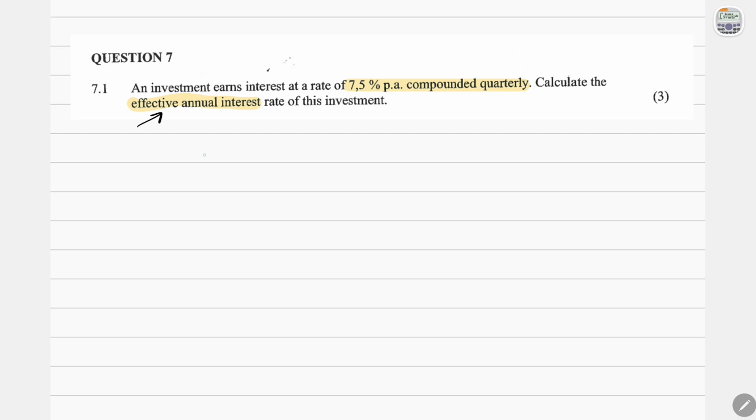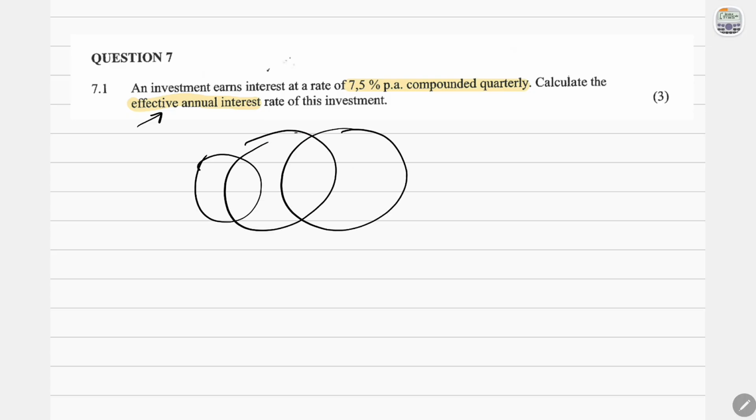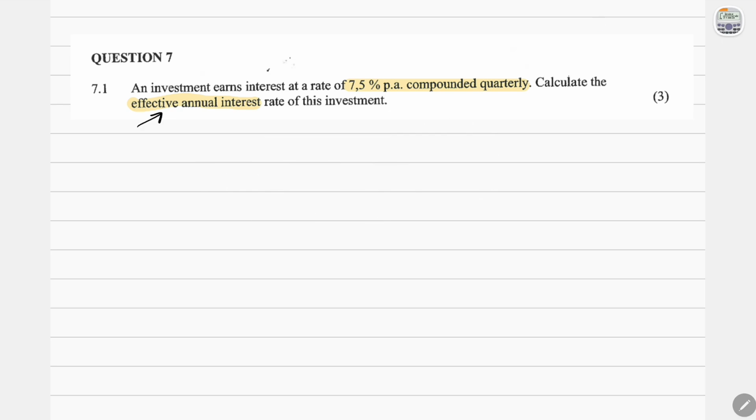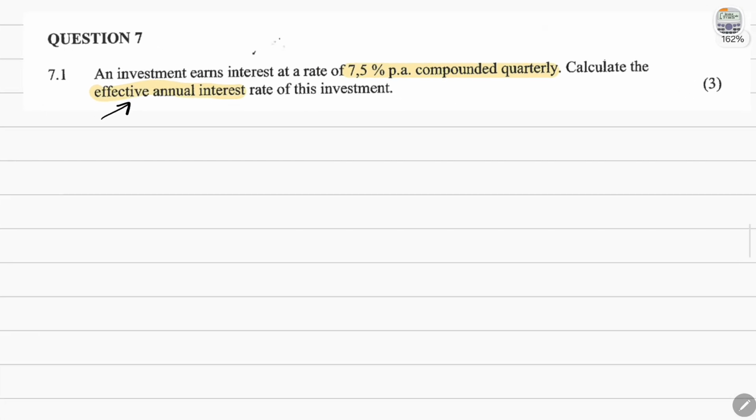So just a brief background on this. The nominal interest rate is what you are quoted, and the effective annual interest is the interest rate you actually get when you look at that compounding for the full year. Okay, so the effective interest rate is usually going to be more, and the reason why is because interest builds on interest. Because of that, at the end of the year, that interest rate is actually more than what they quoted you. So with that, you can see that they asked us to calculate the effective interest rate,